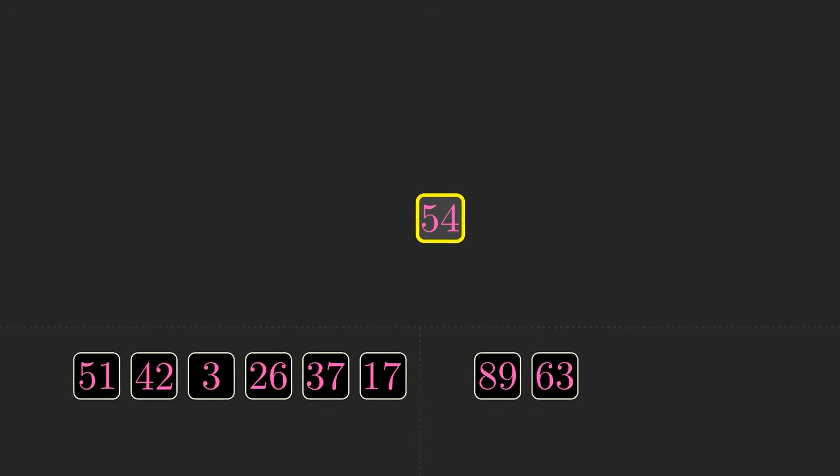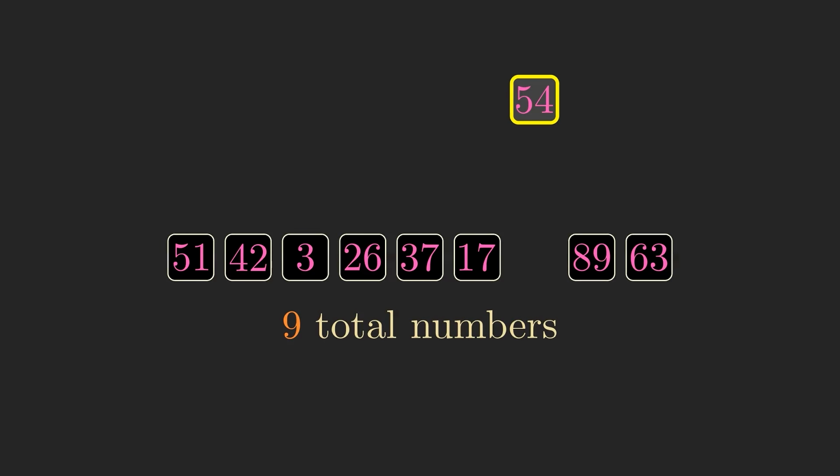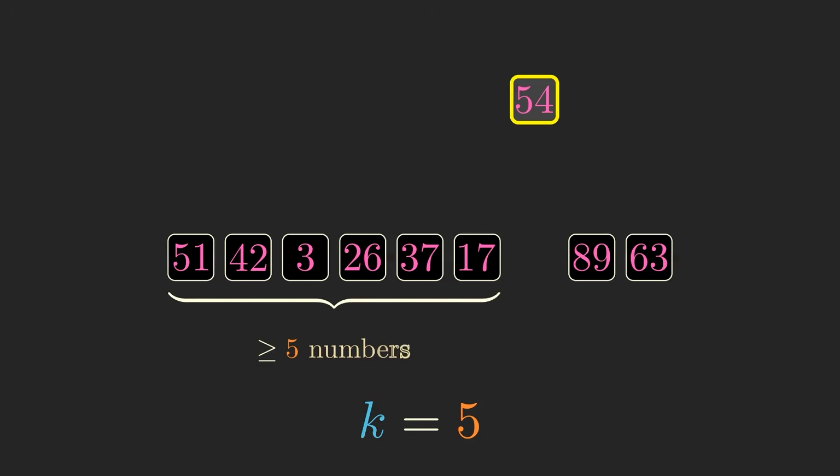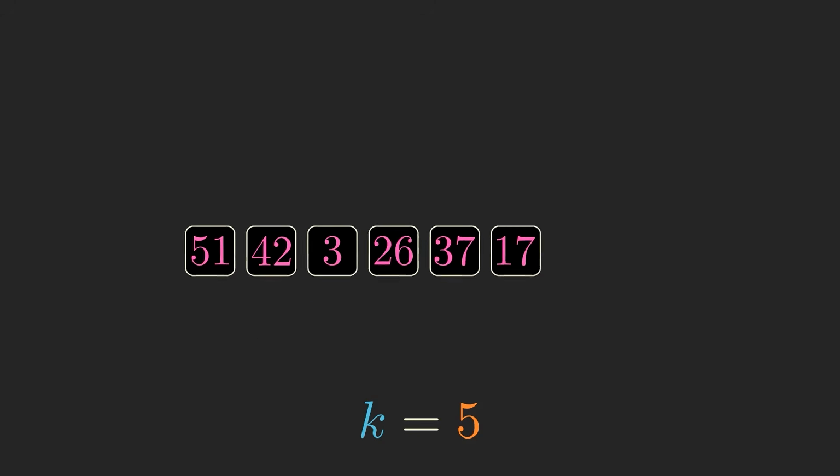Now in this example, there are 9 total numbers in the list, which means the median is the 5th smallest number. There will be 4 smaller numbers and 4 larger numbers, so k equals 5. But look at the left sublist. It contains more than 5 numbers. Since we know that everything in the left sublist is less than the pivot and everything on the right sublist, we now know that the 5th smallest number has to be in the left sublist. So we can just throw away the pivot and the right sublist and focus on finding the 5th smallest number